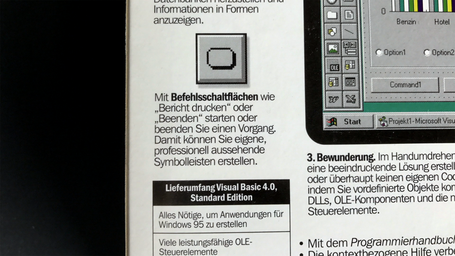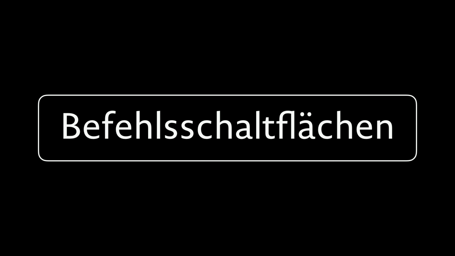Here's a fun detail. Apparently in the 1990s, we Germans called buttons Befehlsschaltflächen. So the text actually reads, with buttons like print report or quit, you can start or end an action. This is how you can create your own professional-looking toolbars. So actually, programming Visual Basic got me hooked on designing user interfaces. It was fascinating to me. I could build real programs with professional-looking Befehlsschaltflächen. And now, 20 years later, I'm making a living as a professional-looking